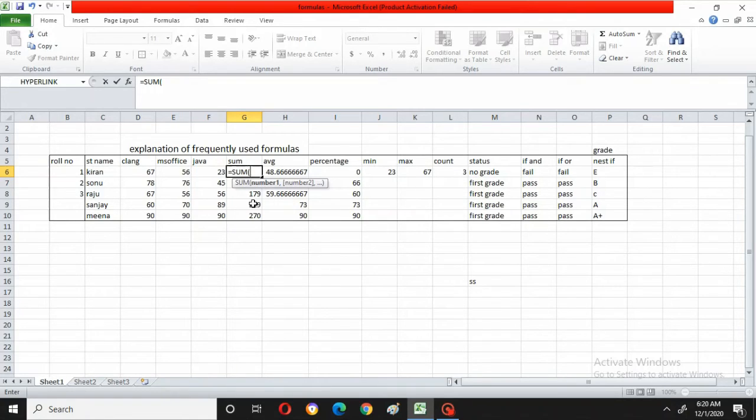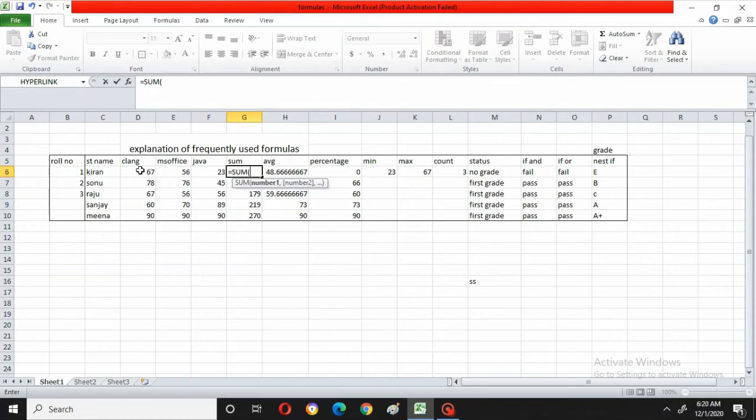I will give a double click. When I have given a double click, see what happened. The bracket has been opened and it is asking how many numbers you want to add. Can you see, number 1, number 2 like that. So from C language marks to Java marks, I need to add.